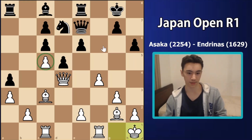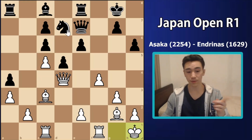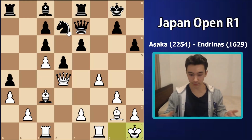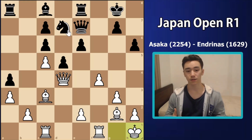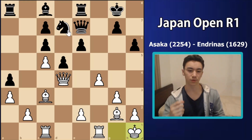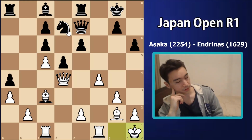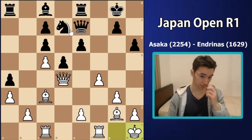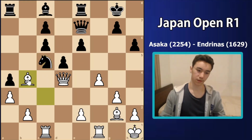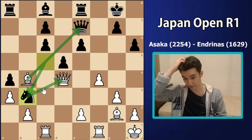So, yeah, he played knight takes... no, he didn't play knight takes c5. That's what I wanted to say, actually. So I was walking around at this point in the game. He was taking a bit of time, and when I came back to the board after walking around for a bit, like 5 minutes maybe, I was settling back in, and I'm like, you know what if he actually plays knight takes c5? And as some of you may have noticed, I have this move bishop b4, and I'm winning. Well, actually no, I'm not, because he has knight b3, which I noticed when I came back to the board,